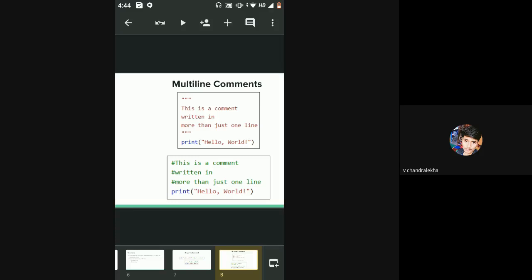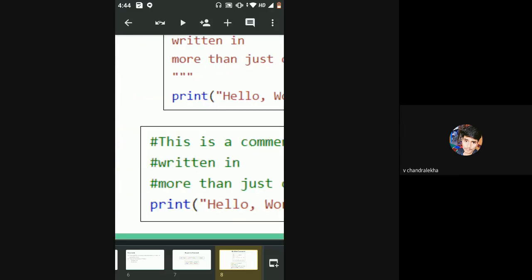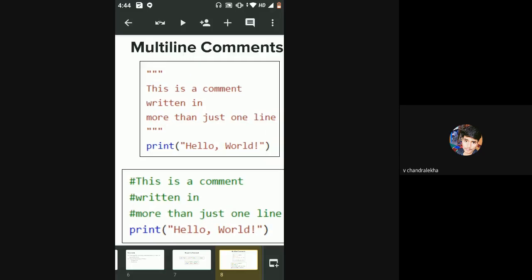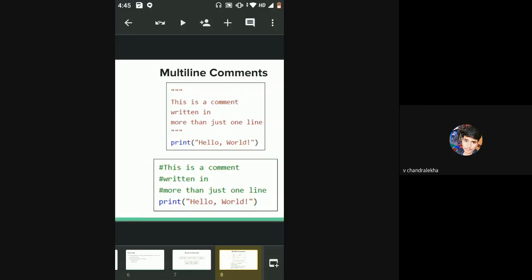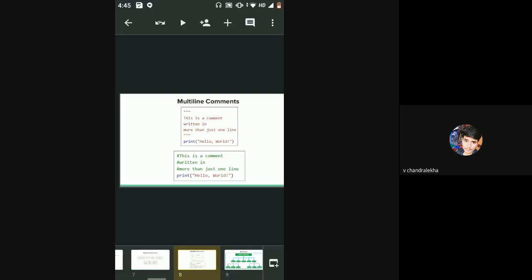So here you can see, in the second case, the three lines of comment are given, but all the three lines require a hash character. But in the above case, the hash character is not required. Only three double quotes to start and three double quotes to end is required. That's it. So that is the benefit of using multi-line comments.